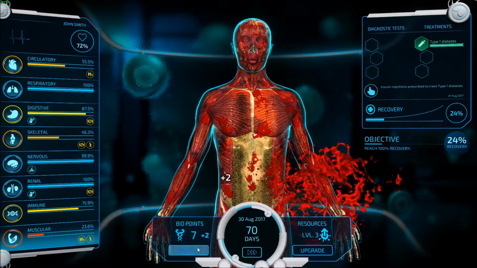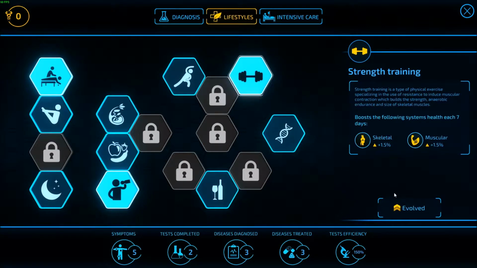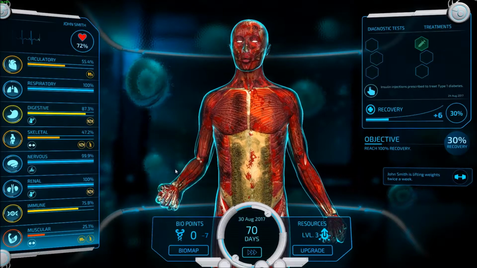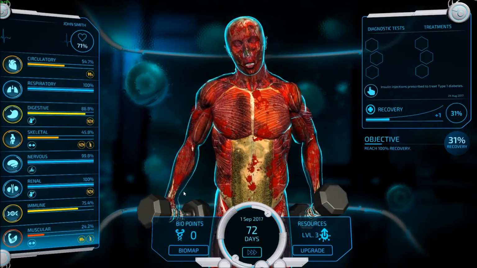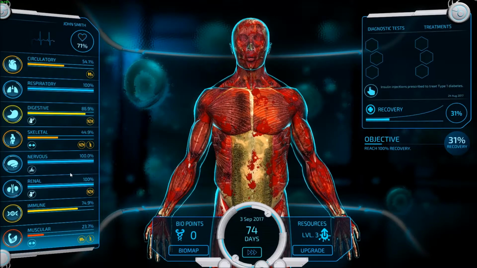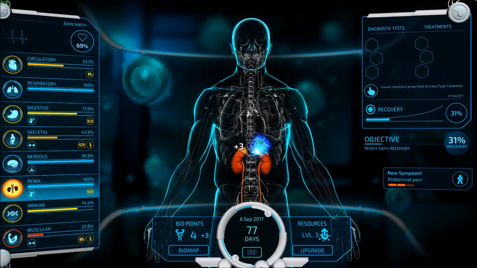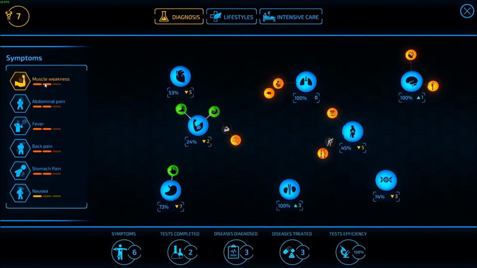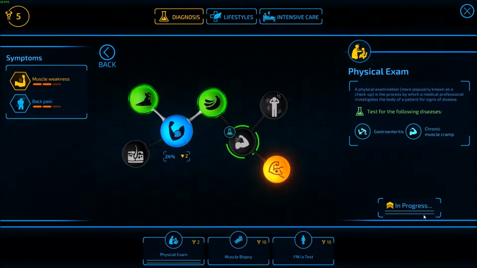Something I could certainly look into, and I'm actually gonna do that, is improve those systems. And give them a little bit more fighting power. Certainly want that. I do want them to last just a little bit longer. Maybe grab a little bit more time. So what do we have? We still have muscle weakness, and we're actually going to do...